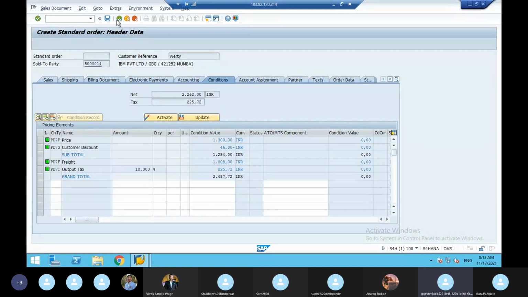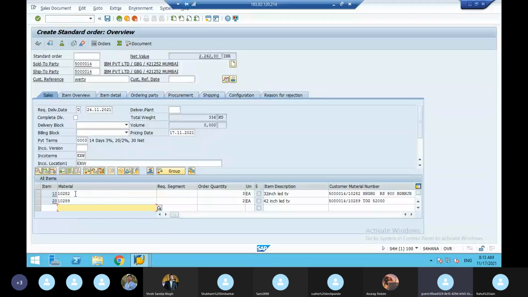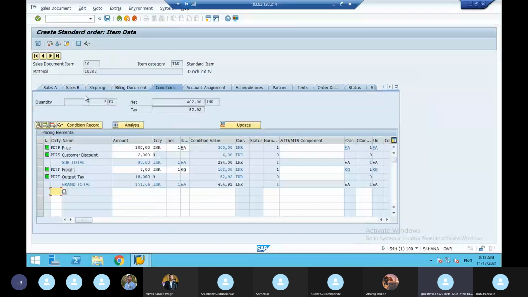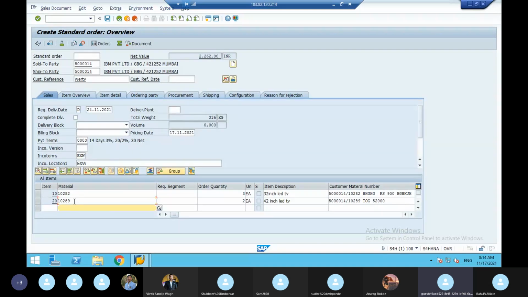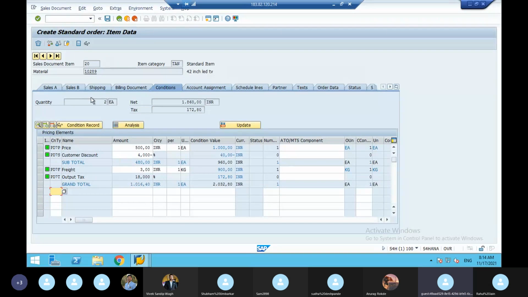But in the item condition, when you double click on the first one, this material is for that customer and the material and the order quantity. Here you can see the split up, 100 into 3, 300, but you can't see that in the header condition. In the same way, when you double click on the other material number, you see 2 quantity of this material for that customer, 500 into 2, 1000.